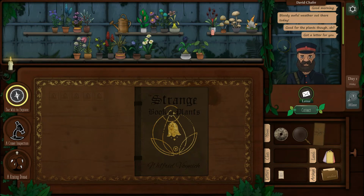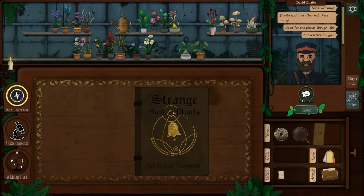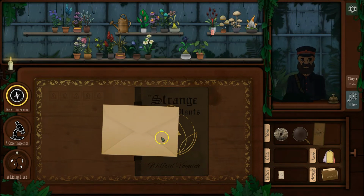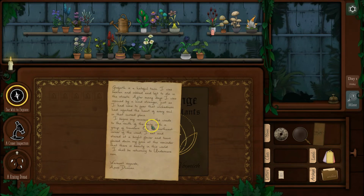David is the Postie, so he has a letter for us. We're going to collect it and read it. And it says,